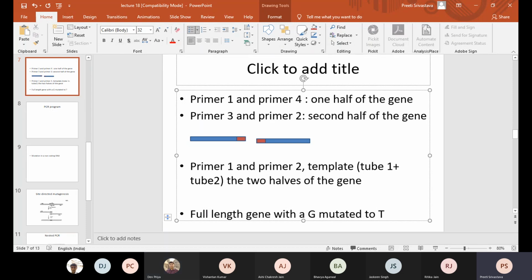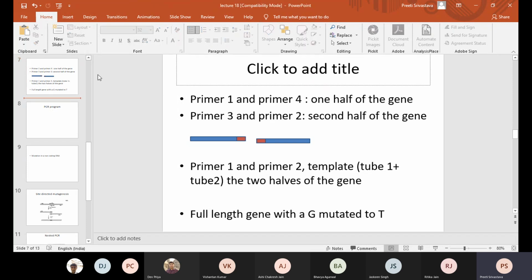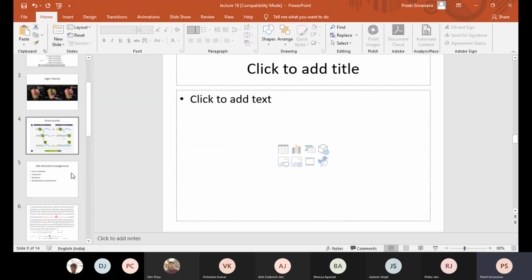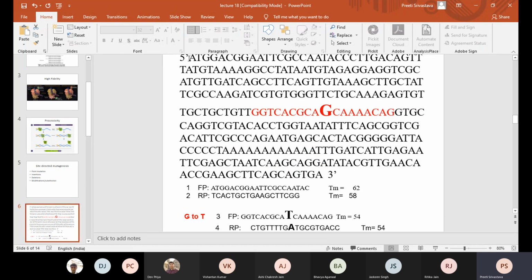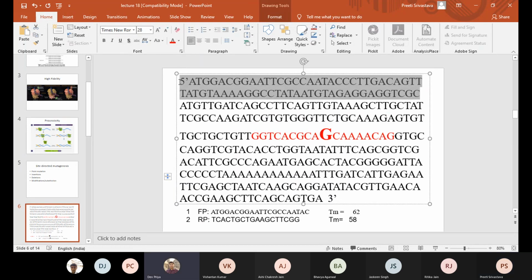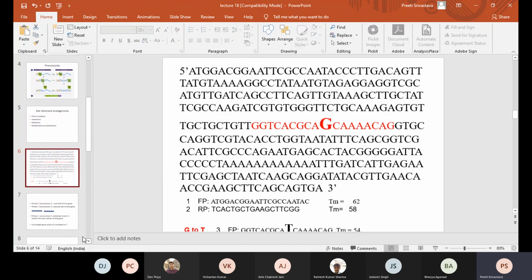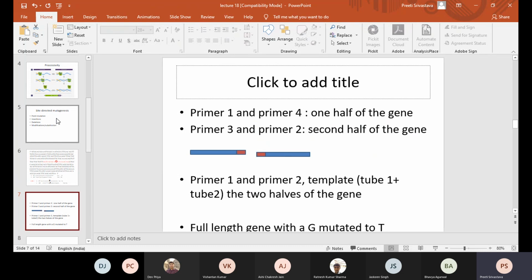Okay, but can you visualize how exactly it is happening? Or do you want me to draw it? Can you visualize how exactly the extension will happen when we have the two halves, or do you want me to show it to you? Yes, ma'am, please show it, since the two half strands are not at one place. So maybe I'll try with this pictorial first and then we will go to the sequence, okay? So what will happen is,